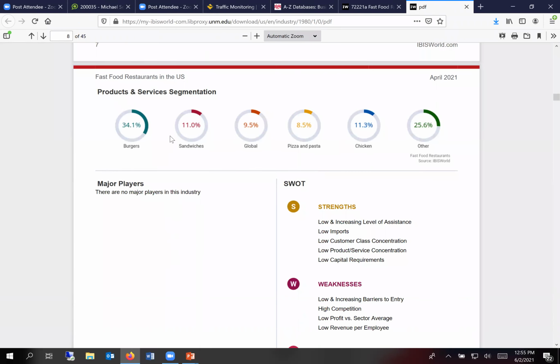And then you probably want to be in one of these major sectors. And this is information across the United States. So it's not to say New Mexican food wouldn't do well in New Mexico. But if you're making a big investment in this business of your time and your money, I would probably want to stick with what works the best across the United States.